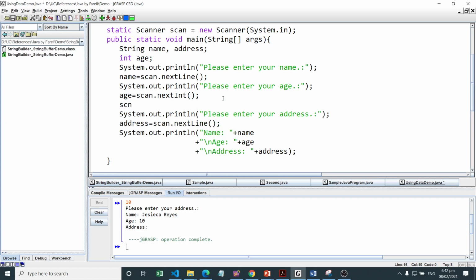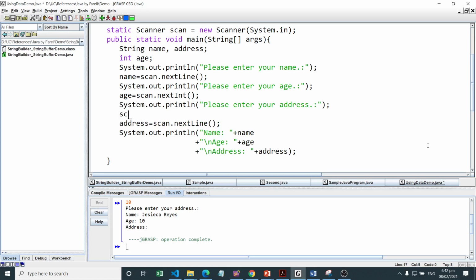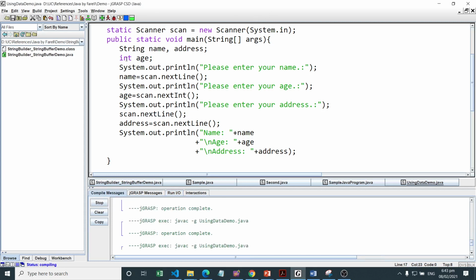So after asking the address, we're going to issue the buffer to remove the extra white space. scan.nextLine, save, then let's try to compile